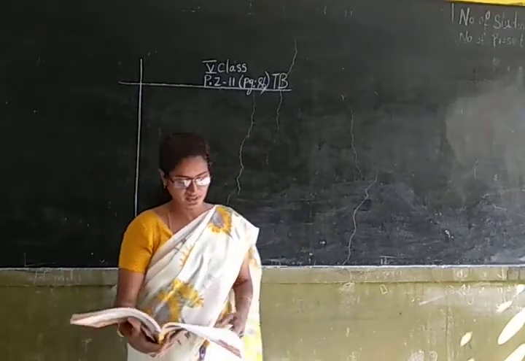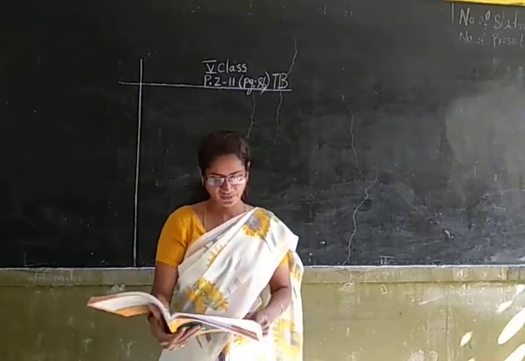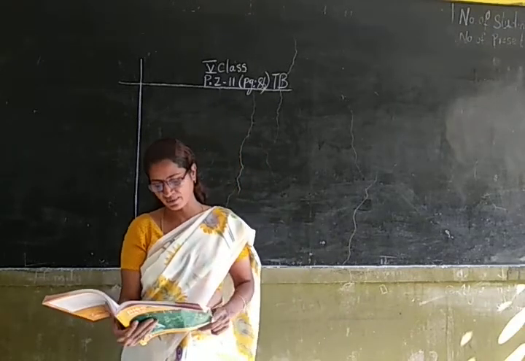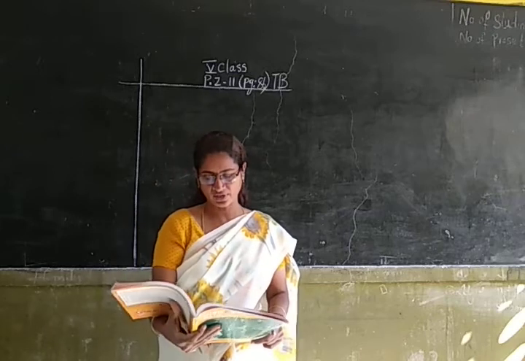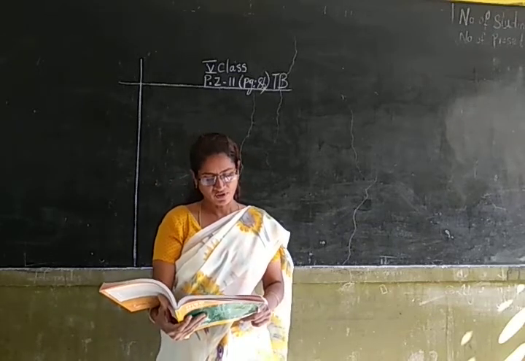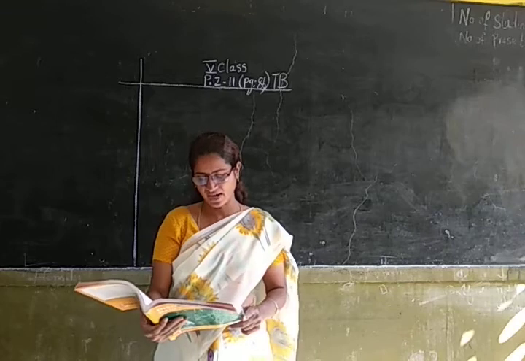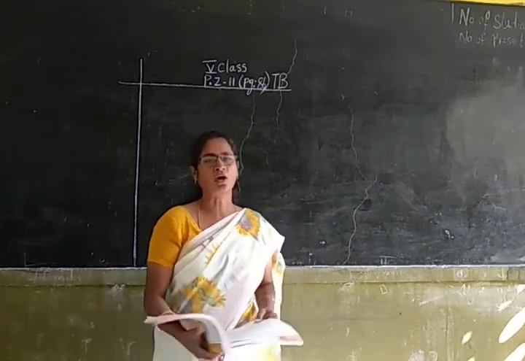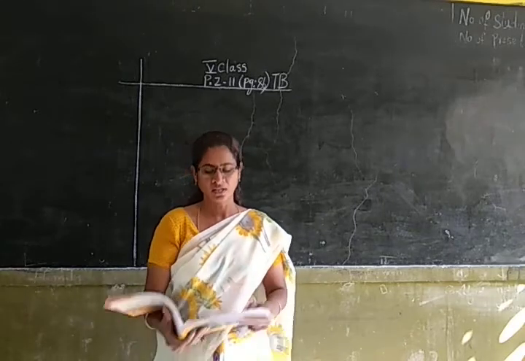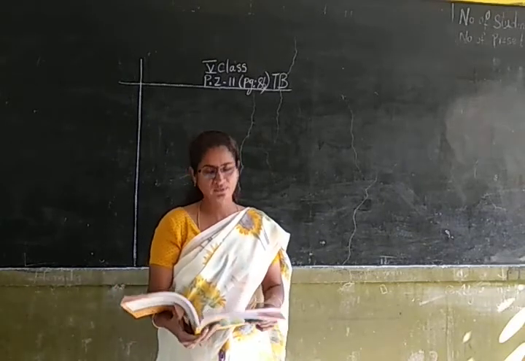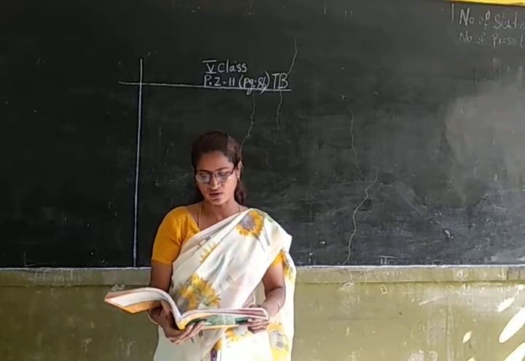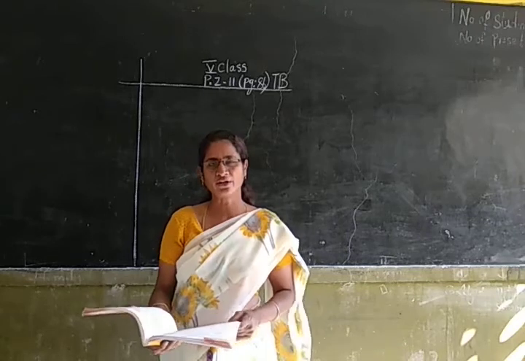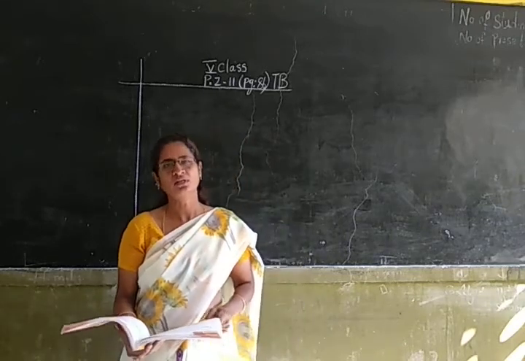Now I am going to read the first question. A shopkeeper sold two cloth pieces, one of length 25 by 15 meters and the other of length 12 by 10 meters, from a piece of 10 meter cloth. Find the length of the cloth left with the shopkeeper. So the shopkeeper has 10 meters of cloth. He has cut two pieces. The first piece is 25 by 15 meters long and the second piece is 12 by 10 meters long. Now we have to find out how much cloth is left with the shopkeeper.